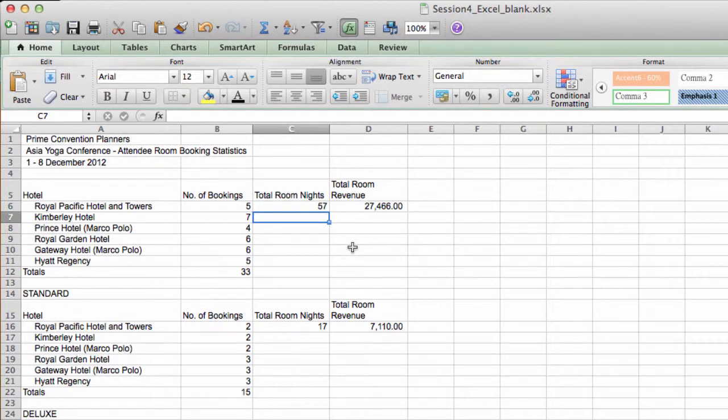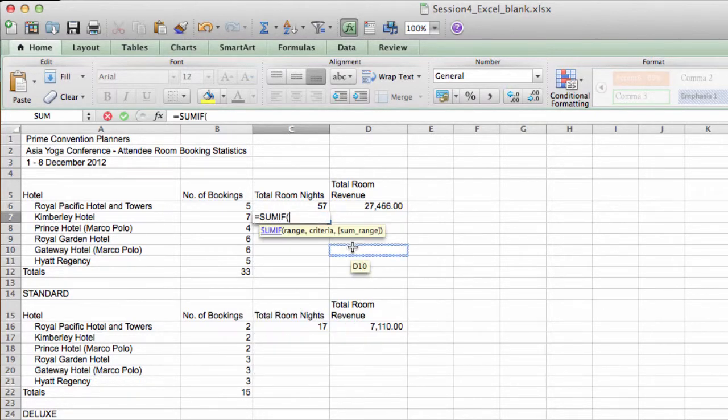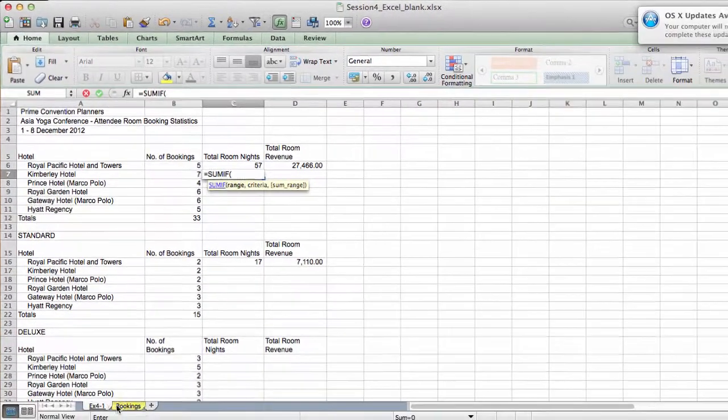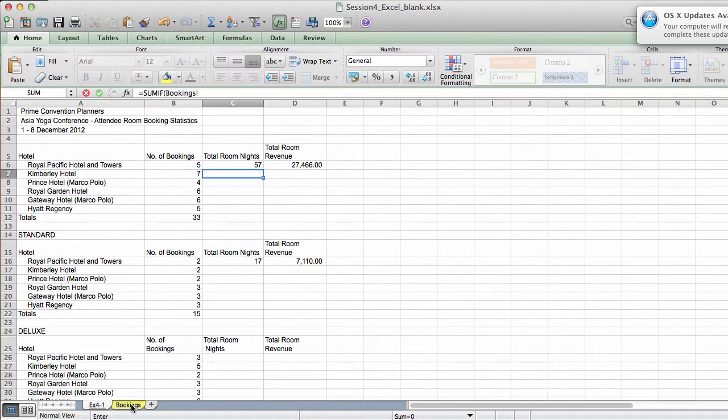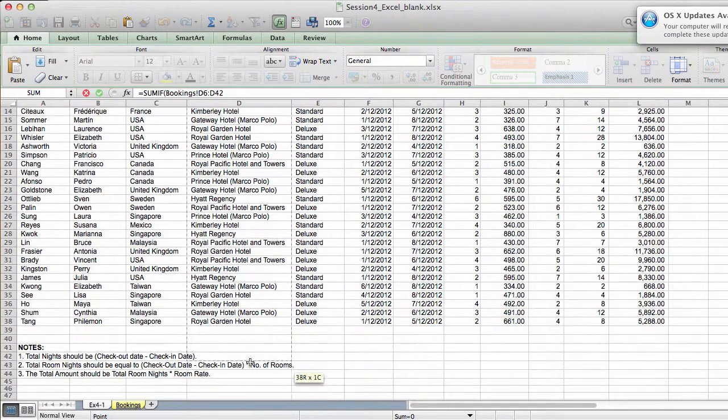our worksheet and type in our formula. SUMIF. The range that we want to evaluate is the first argument. The logical test or criteria is the second argument. And the third argument is the range that we want to sum. So the range that we want to evaluate is D6 to D38,